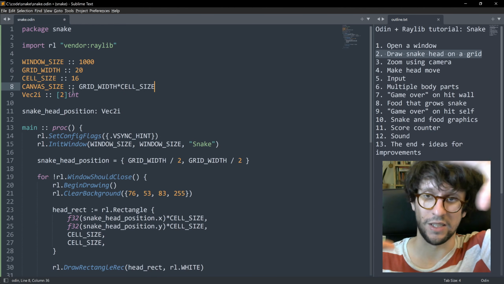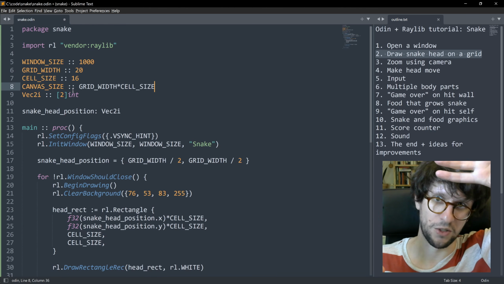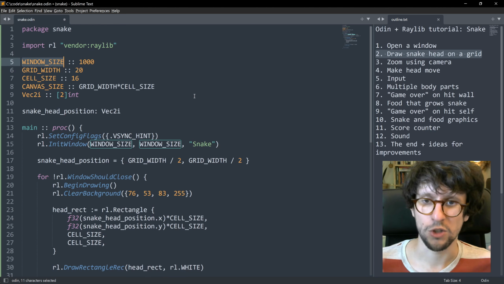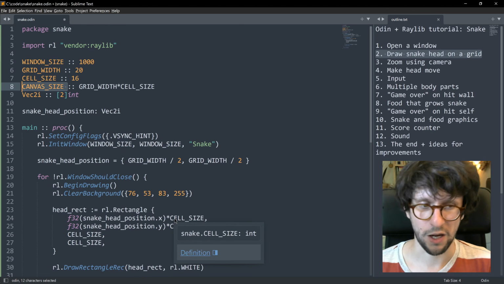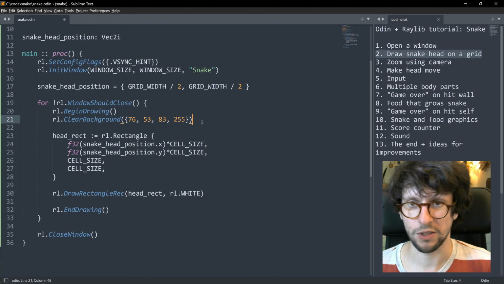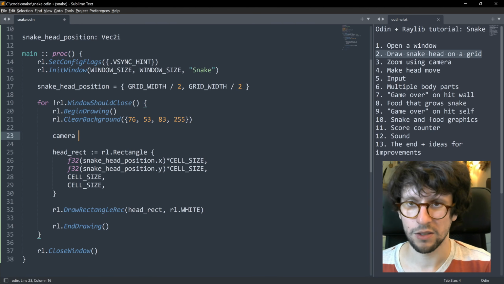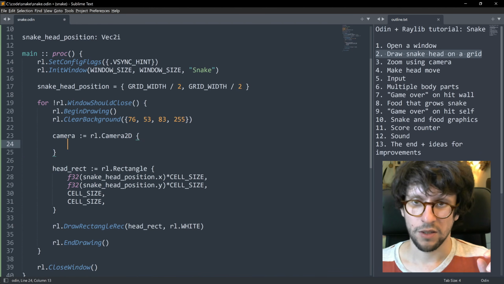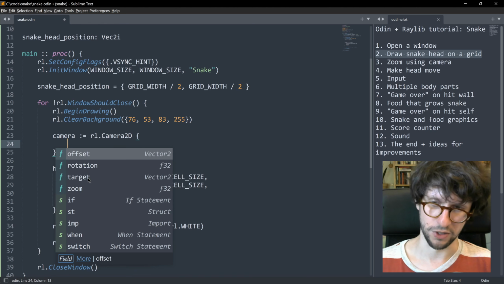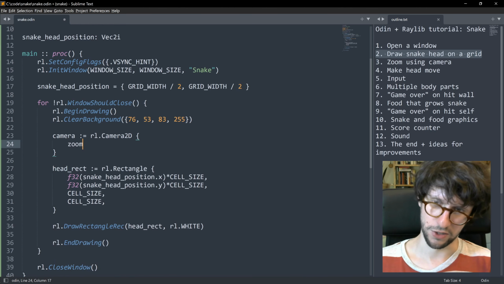So we expect the canvas we're drawing on to be 320 by 320, but our window size is 1000 by 1000, so we need to somehow zoom it up so that this stuff fills the entire window. And we will do that using a camera. So we'll put the camera in here just before we create a rectangle. I will write camera colon equals rl.Camera2D, and a Camera2D has an offset, a rotation, a target, and a zoom. We can leave the offset, rotation, and target to their default values and only change the zoom,